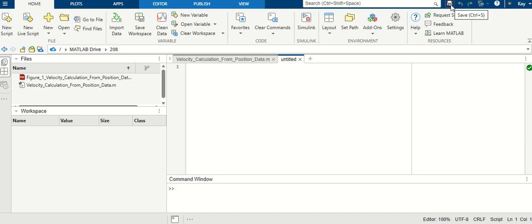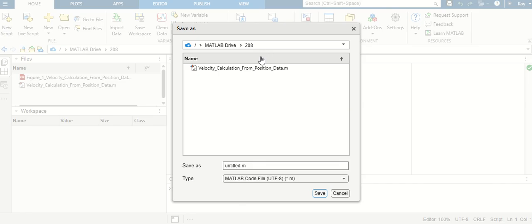So we go by Control S. Go ahead and hit a Control S, and it will show out this. Okay, so right now, since I already wrote it, you will be saving a velocity